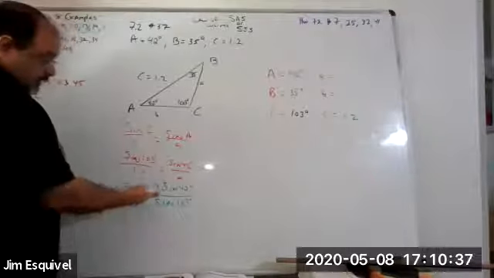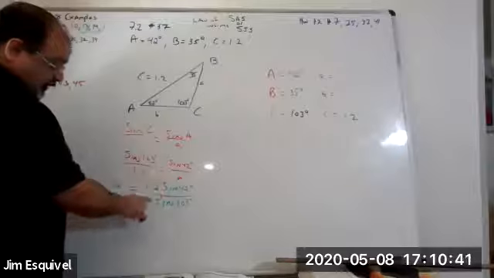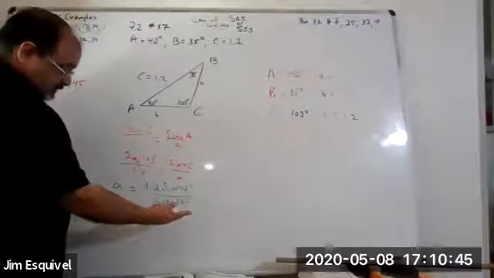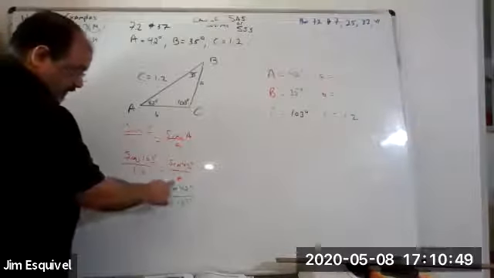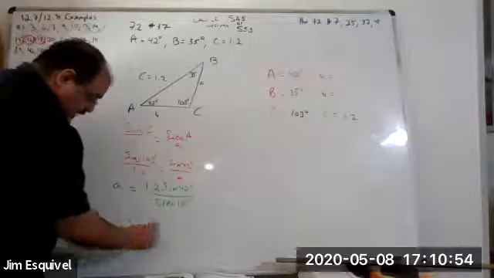And at least if you show me this, I know that you knew that A was set up correctly. Maybe I have fat fingers, I punch wrong buttons. 1.2 times the sine of 42, and then divide by the sine of 103. So A is equal to